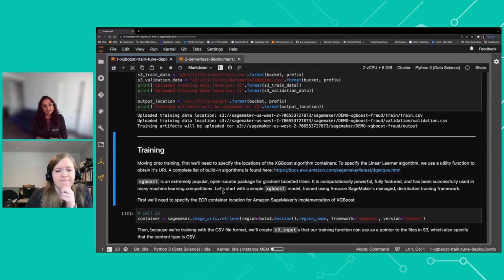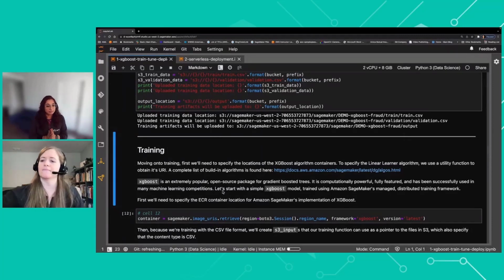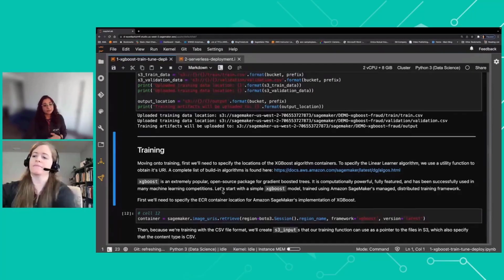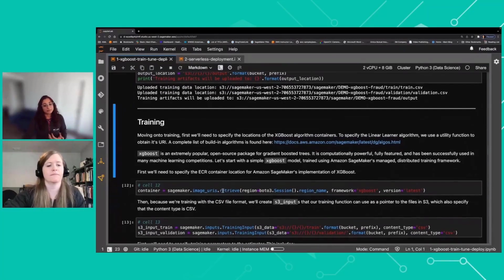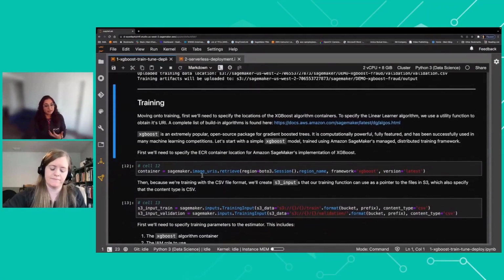But before I go with that, there are actually two options. One is you can use the built-in XGBoost provided by Amazon SageMaker, right? Or you can also choose to use the open source package for XGBoost. In this particular example, we are using the built-in XGBoost algorithm provided by AWS. So for that, you first need to retrieve the container image of the model. And we are using the SageMaker API to retrieve that container image. We provide the framework, which is XGBoost, and you can also provide the version. If you provide latest, it will fetch the latest version, or you can mention the version number to be specific